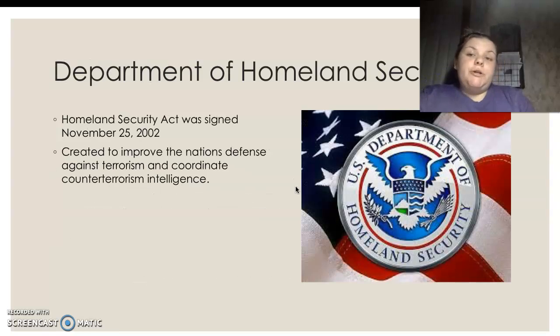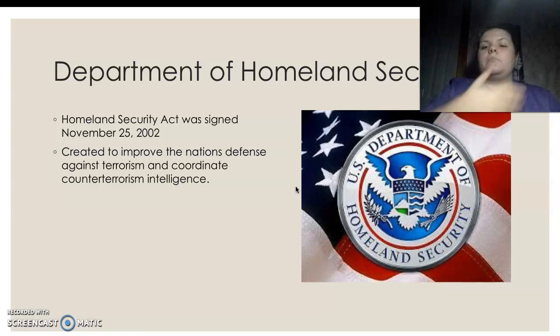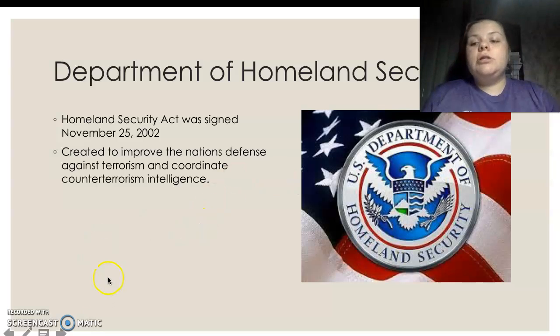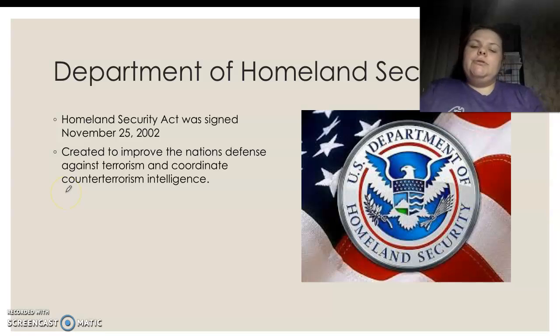The Department of Homeland Security is the department that came out of the 9/11 attacks. We discussed 9/11. We watched some videos about the president giving speeches during it. The Homeland Security Act was signed November 25th of 2002, and it created this department to improve the nation's defense against terrorism and coordinate counterterrorism intelligence, which just means that we would work to be